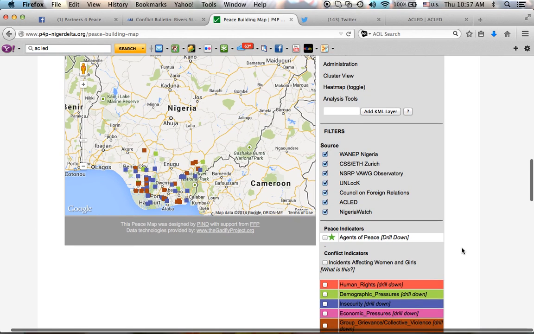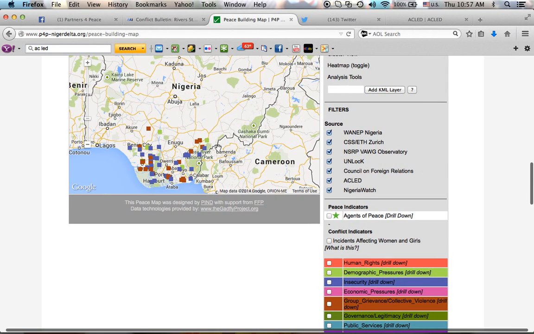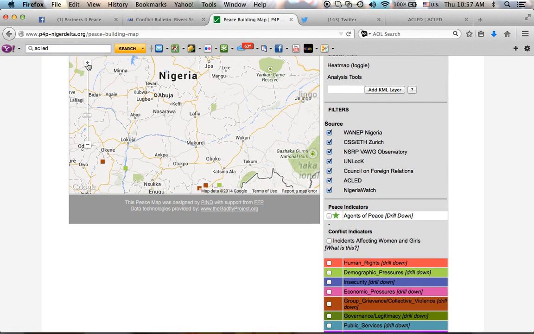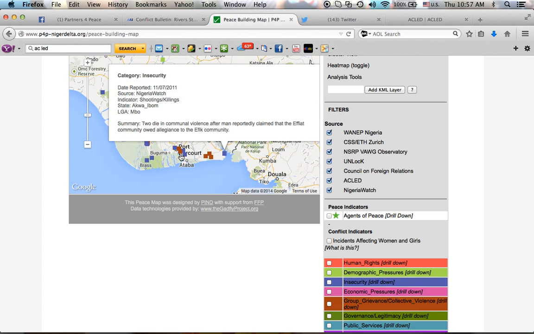So here are the communal violence issues in the states that I selected. Come in here, look a little closer. You can see where they are. You can see what they are. Here was an incident in Cross River, Akwa Ibom, where 2 died in a community